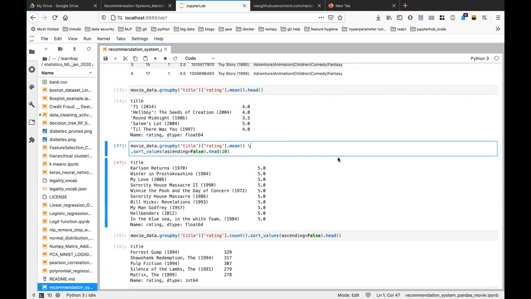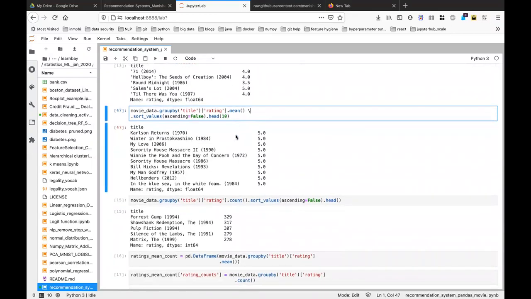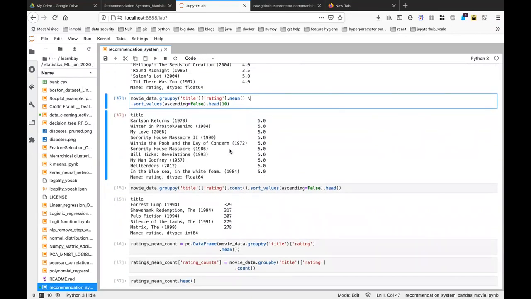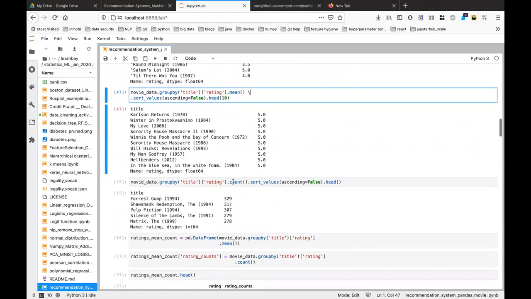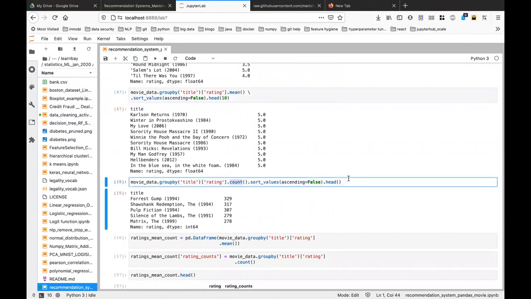Okay, coming back to our problem here. Till here, I think it is clear, right? Basically, I have got the titles, grouped them on ratings, sorted them in descending order, and found these ratings. Now, how can I find the count? What I'm doing here is grouping by title again based on the ratings. Here, instead of finding the mean, I'm actually finding the count of them.